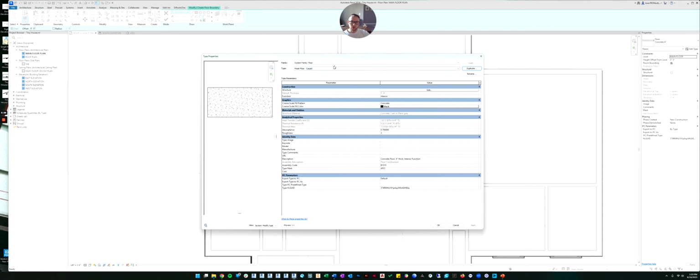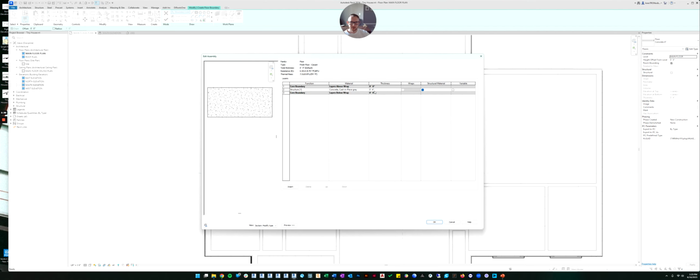All right, so now that we've made a new floor type, we'll come over here to the structure and hit edit. And then for the core, we're only going to have one layer because all we're trying to do is put carpet right on top of the concrete. So we're just going to say the carpet's going to be 1/2 inch thick, and we'll leave it as structure. You could change it to something else, but really it doesn't matter in this case because there's not a structural piece of the floor. It's all just going to be finish.